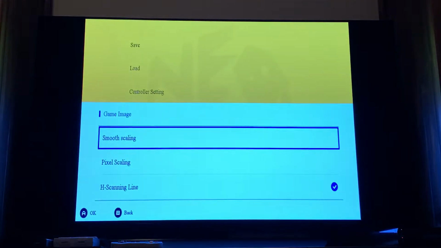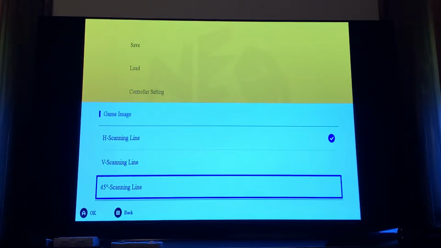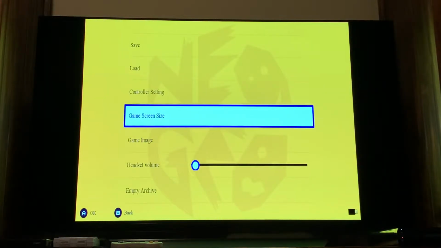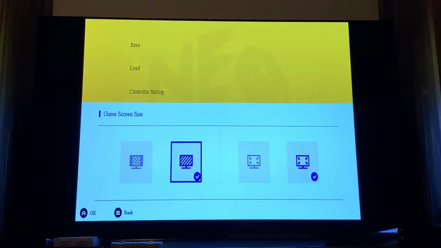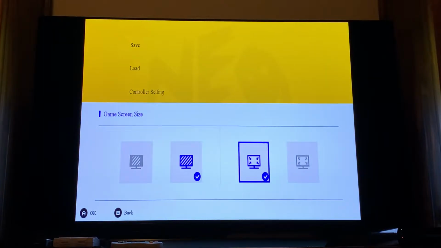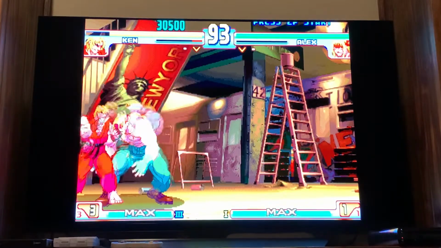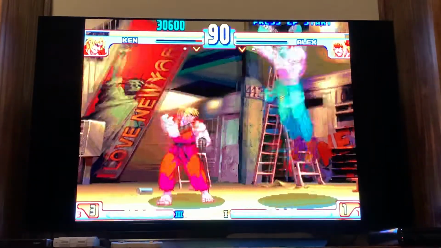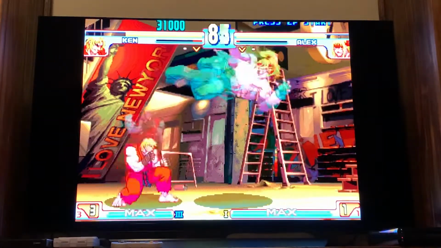Let's do. Somebody said they like this 45-degree scan line, which is crazy. There's no such thing. Who does that? Like what monitor has ever done that? Let's do this. I guess just scrunch it in. Full screen, but in. Let's see if that does anything. Yeah, player 2 start still fine. This is a 45-degree scan. I'm trying to see if I can see